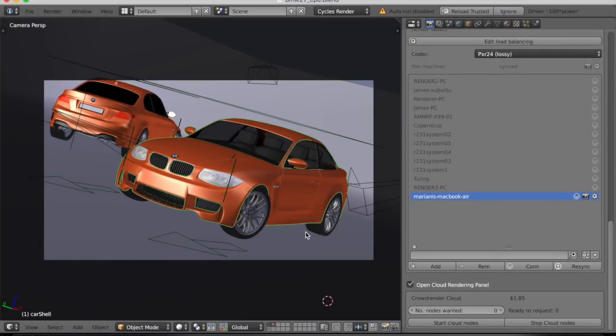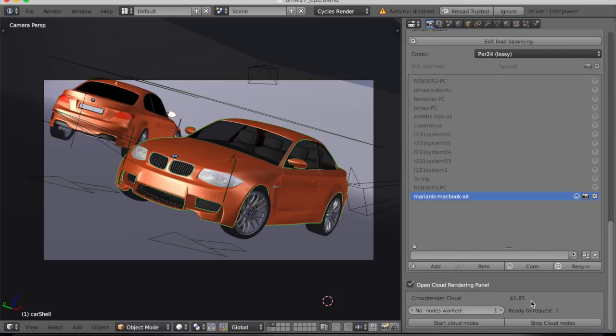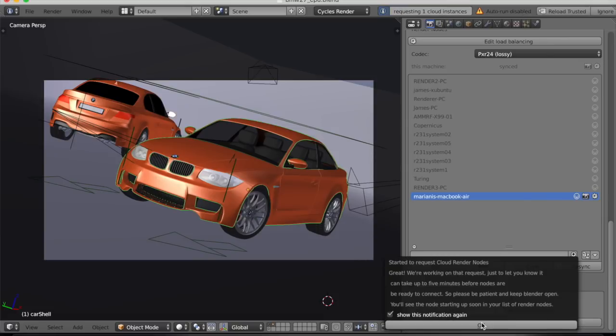Right, so confession time. There's actually one important feature or facet of the cloud system I want to talk about, and that's that we have a minimum amount of credit necessary to use the system, and that minimum amount is $2. And if you go below $2, you won't be able to start any new nodes, as I'll demonstrate. So if I do this, if I press 1, I've only got $1.85, and all of a sudden I start getting these messages,